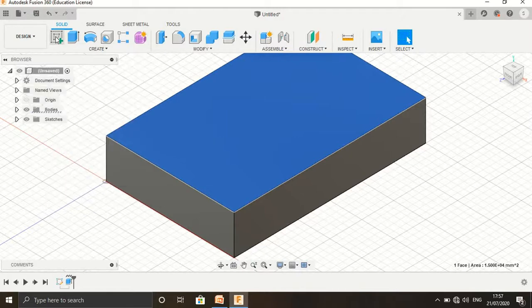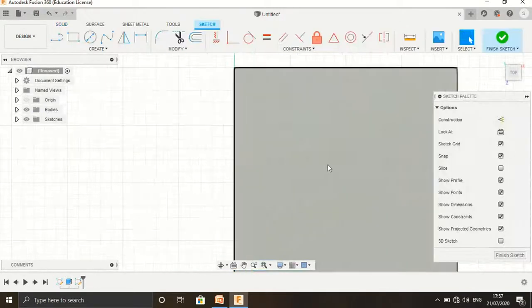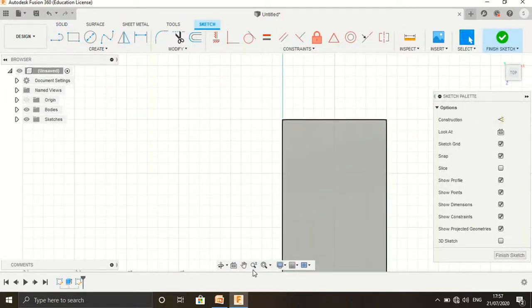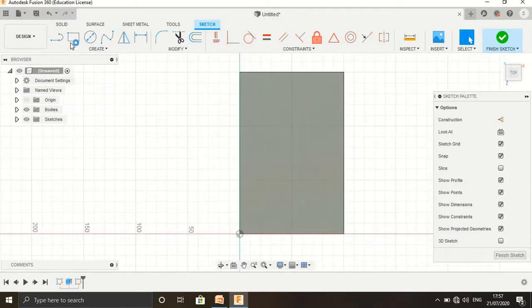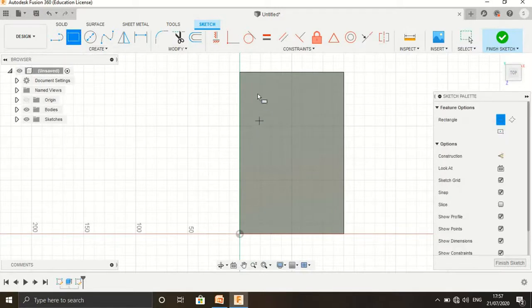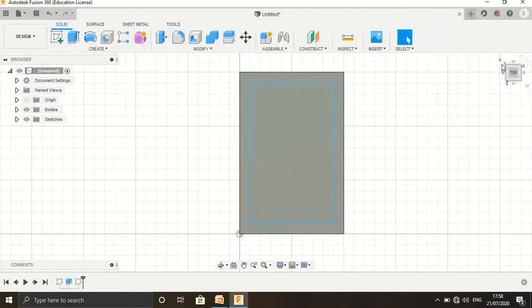Again go to create sketch, select the front surface. We can use zoom in, zoom out and pan to place the exact position. Use the rectangle again and finish sketch.